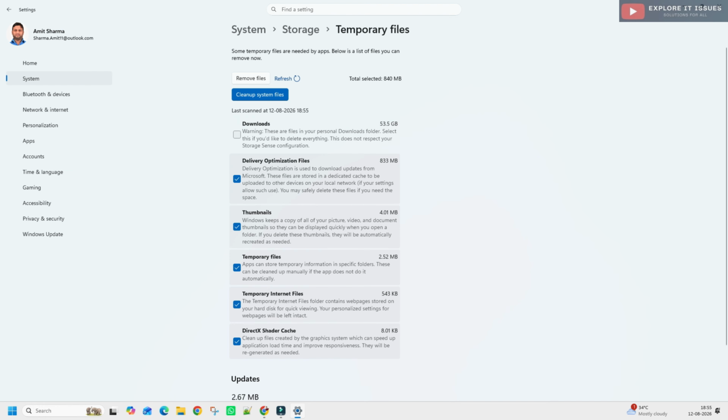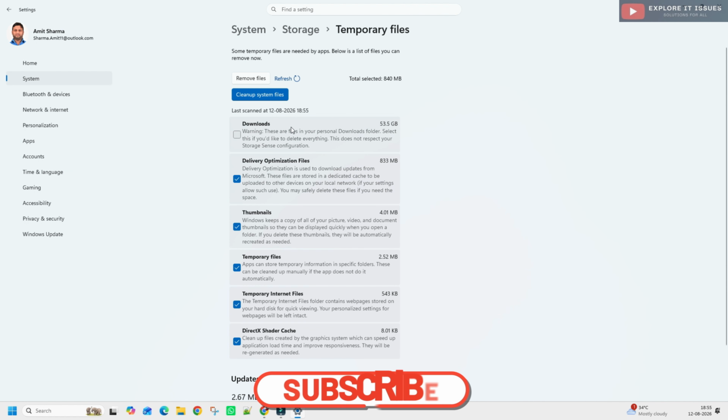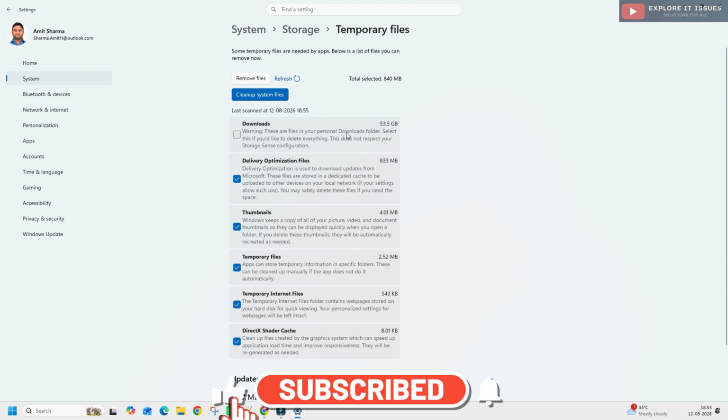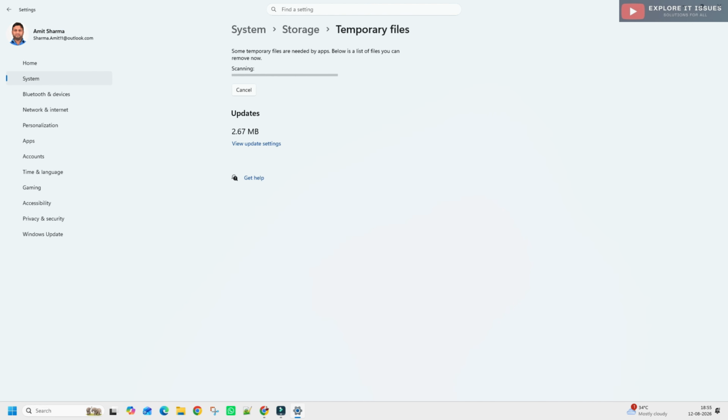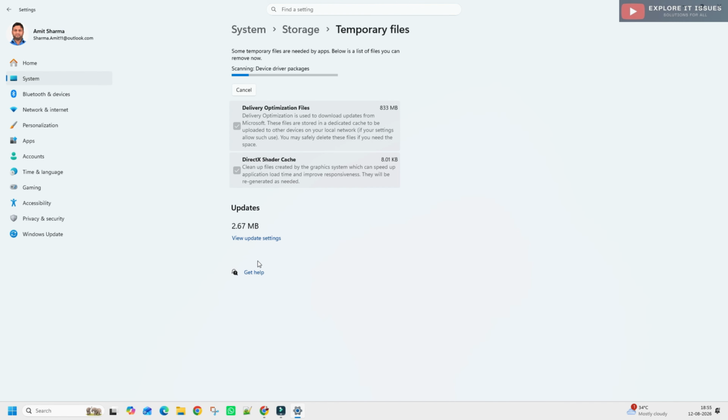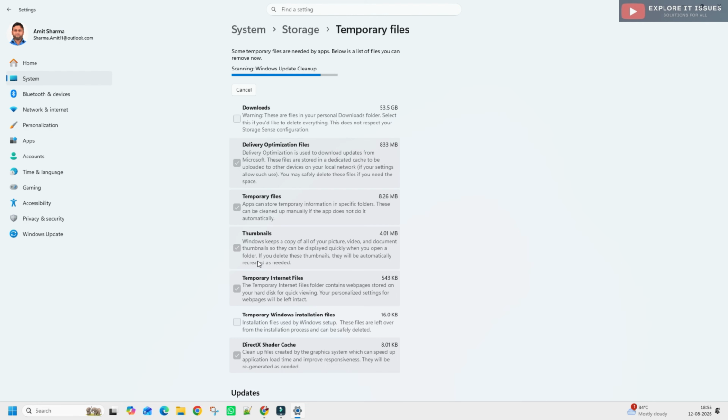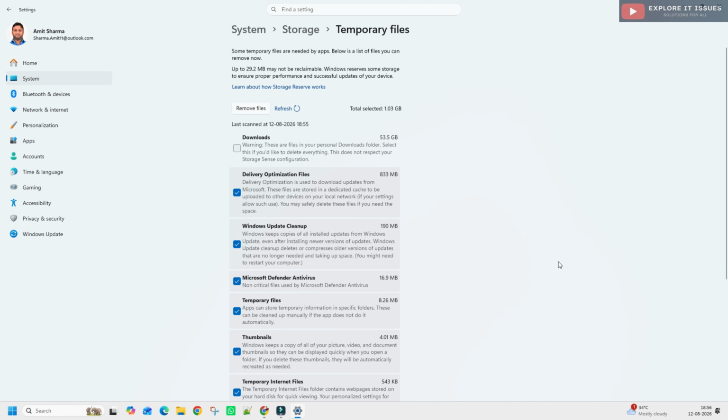So just uncheck the Downloads folder and clean up files like this. Here you can select multiple things like temporary files, and delete and clean up.